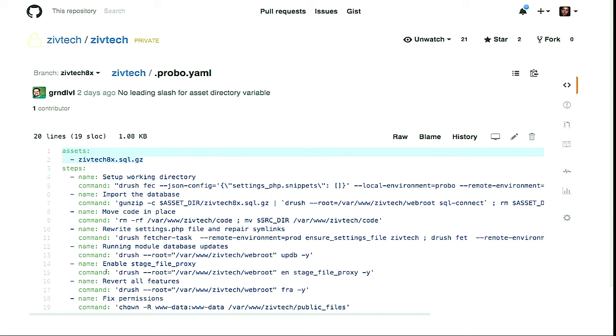Now what we do is we use stage file proxy. So we don't upload our files. We configure this stage file proxy drush command. You can see here we turn it on by running drush enable stage file proxy. And what that does is when someone requests an image and it's missing, it goes and fetches it from the configured upstream server in real time.